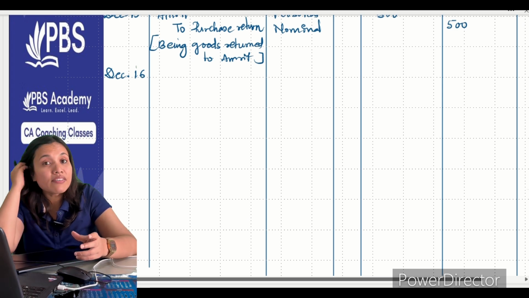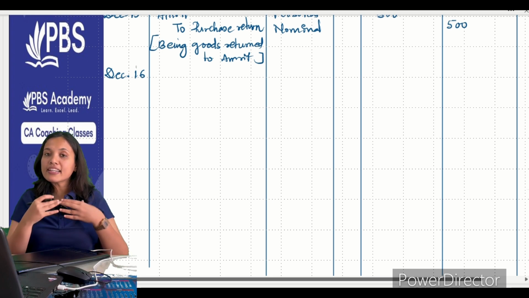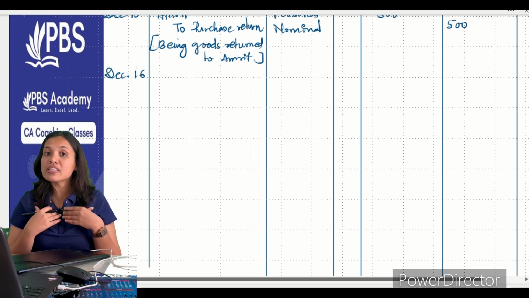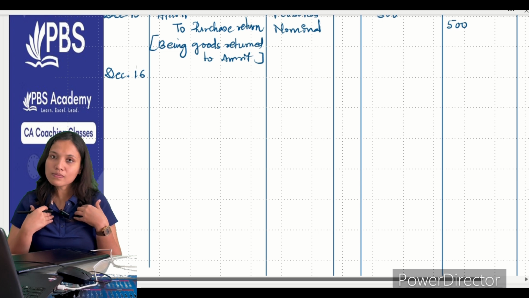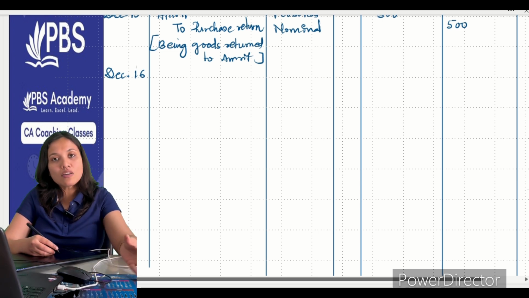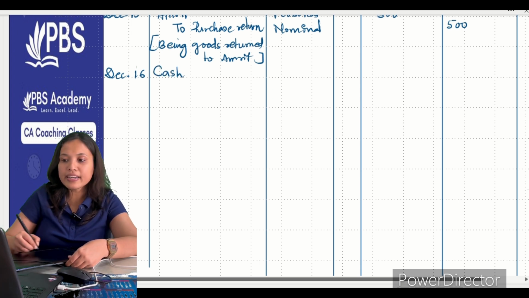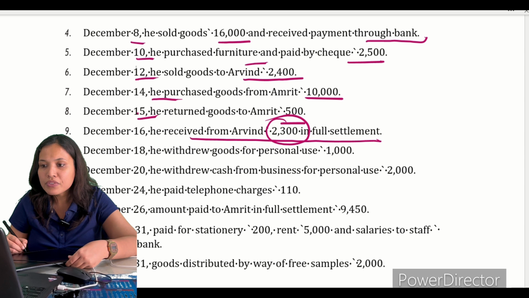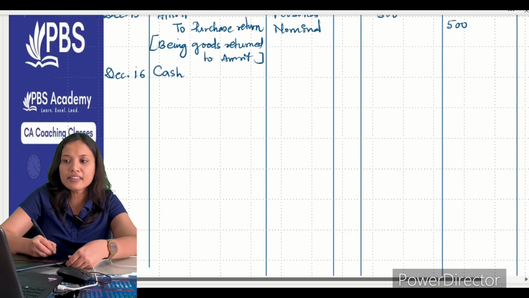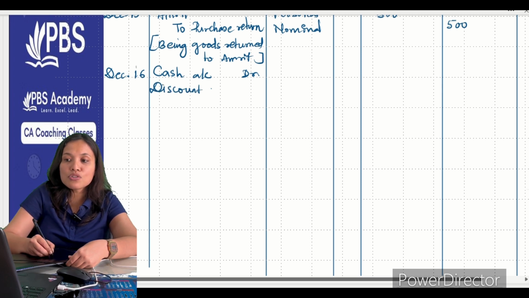Okay, who is giving us the discount? We were supposed to receive 2400, but we are getting only 2300. The 100 rupees is a loss to us, correct? So loss, again debit. What is the nominal rule? Debit the losses. So first I am receiving cash, right? Anything mentioned? Nothing is mentioned here, so I can take either cash or bank. So cash account debit. Now discount account debit, because it is a loss to me of 100 rupees.